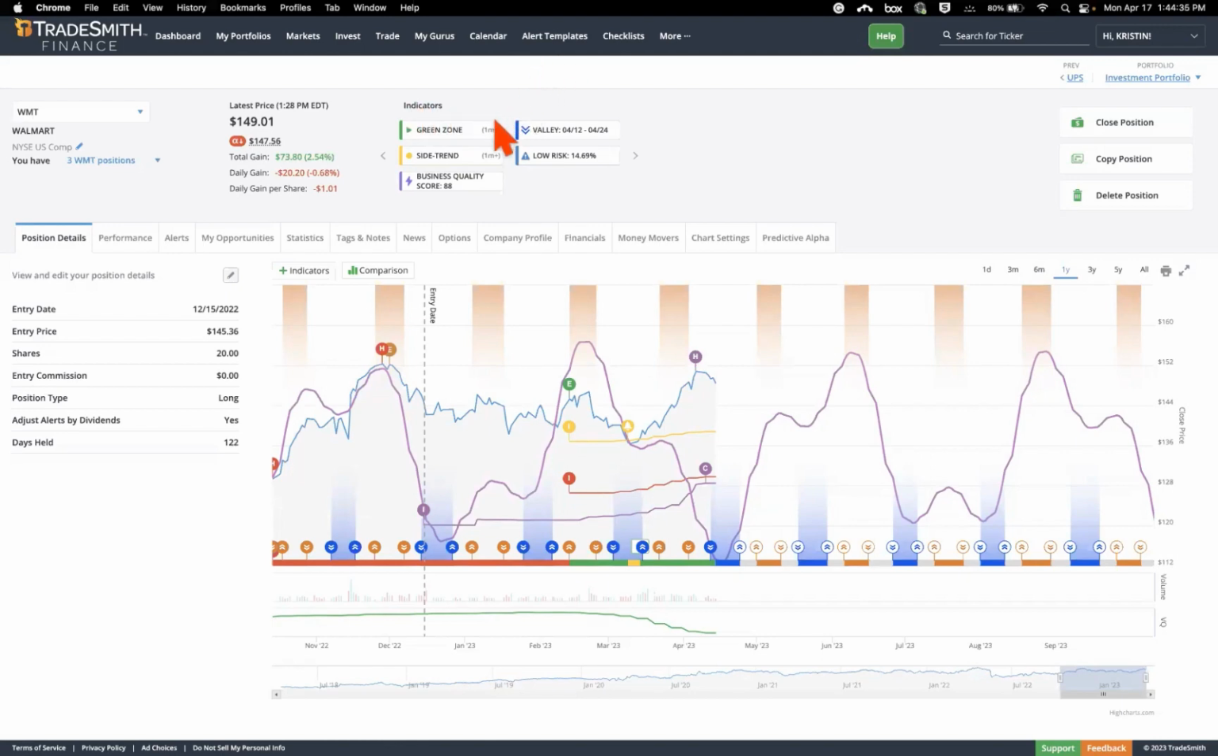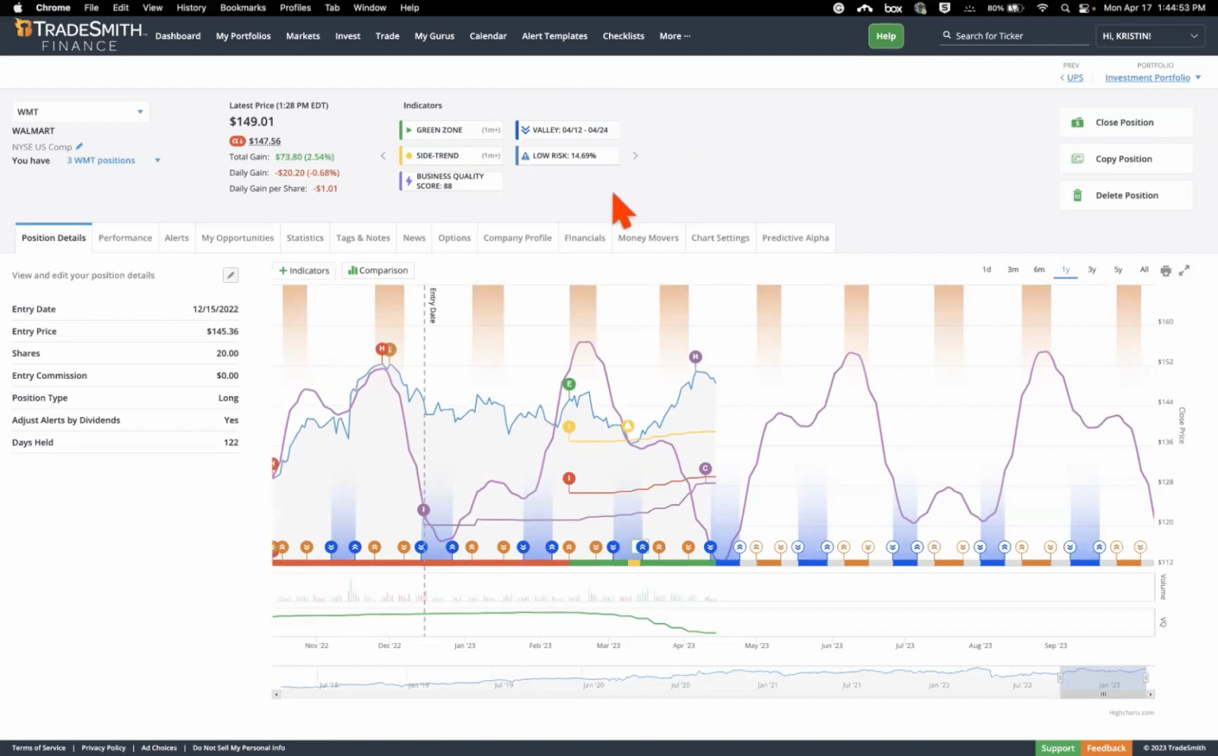So you can see that Walmart is in the green zone. You can still hover over this and see the remaining risk per share. We're not going to talk about timing. This is for our timing or cycles product, it used to be called. So we're just going to leave that out because that is very complicated and a lot of you don't have